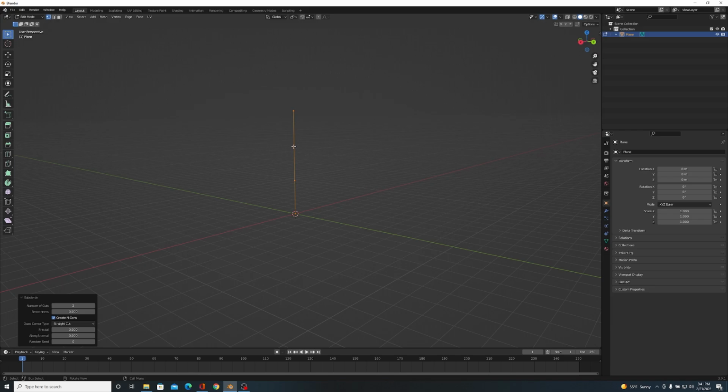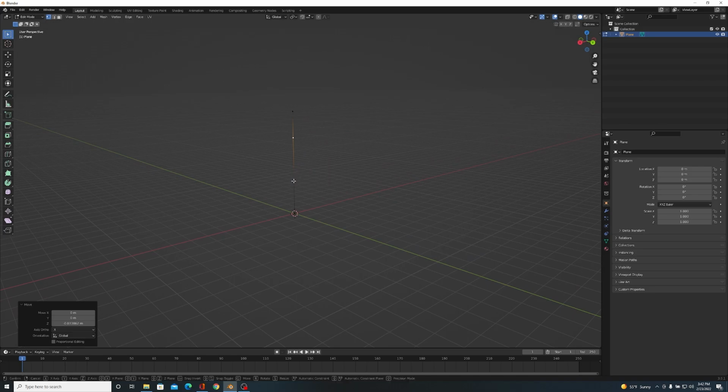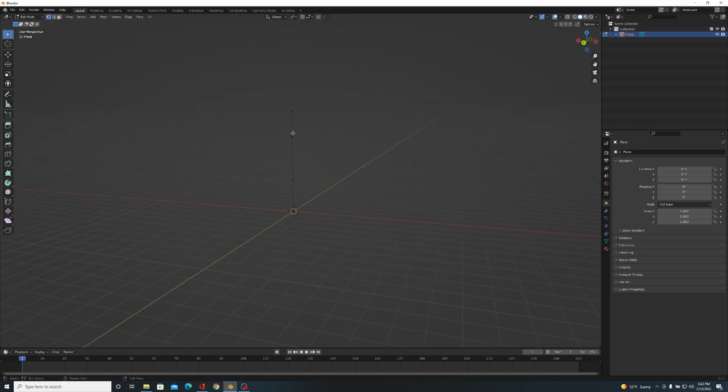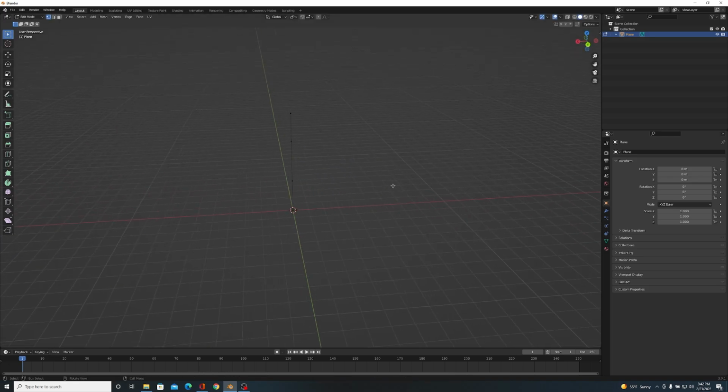Because, like you saw in the beginning, we are making a spider leg, these vertices are essentially going to mark the points in which our leg has its bends. So I want the middle here to be a little longer than the rest of it, while this little tip section is a little shorter compared to the rest of the leg. Yeah, that looks pretty good.